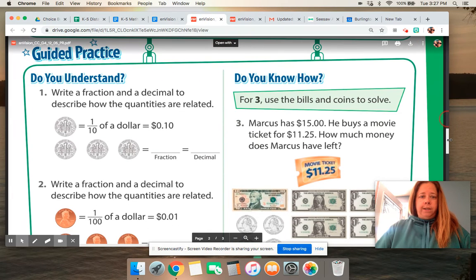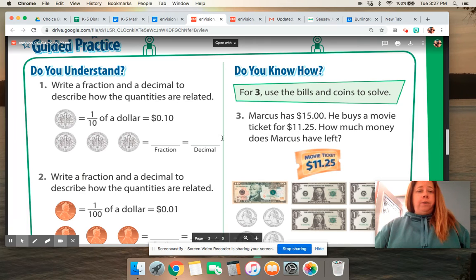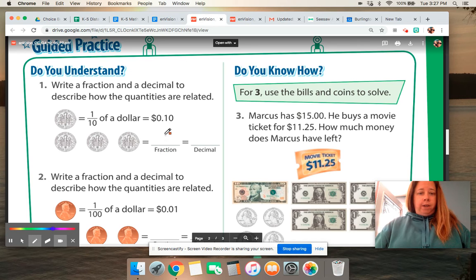In our guided practice today, we're going to practice writing some fractions and decimals with money involved. So we know that this dime is equal to 1/10 of a dollar, or 10 cents. And so we want to figure out this. We have 3 dimes. What would be the fraction of that? So we have 3/10,